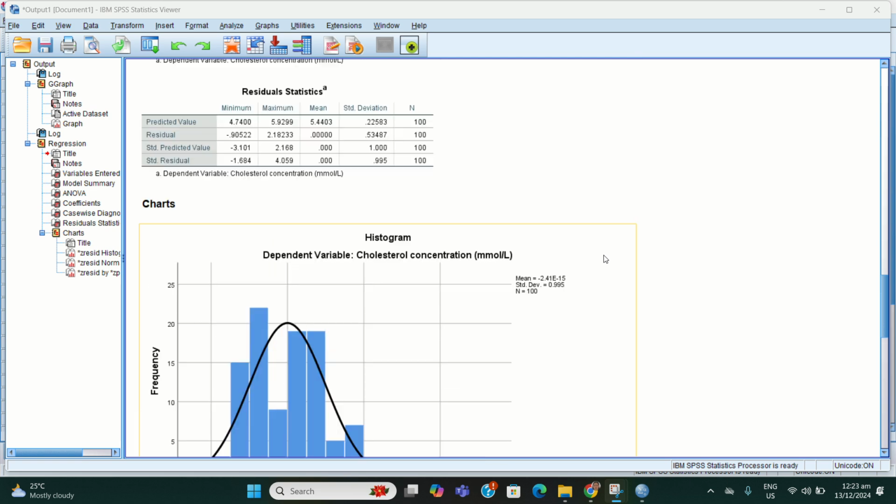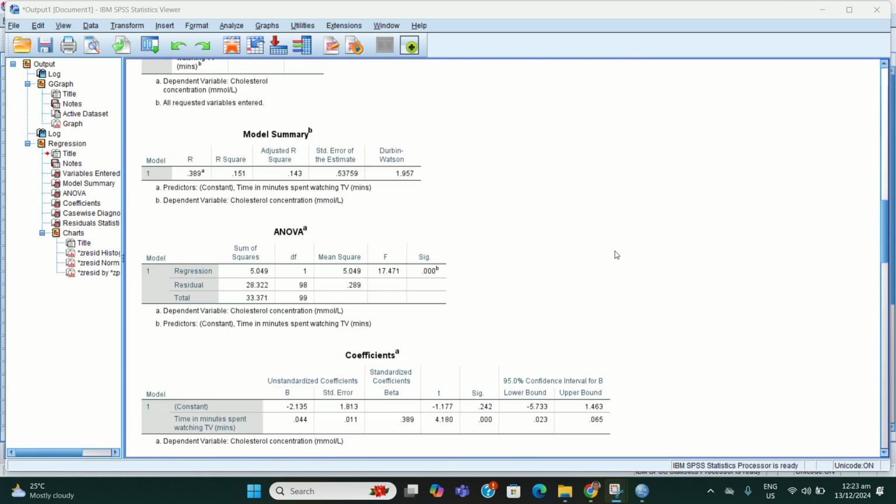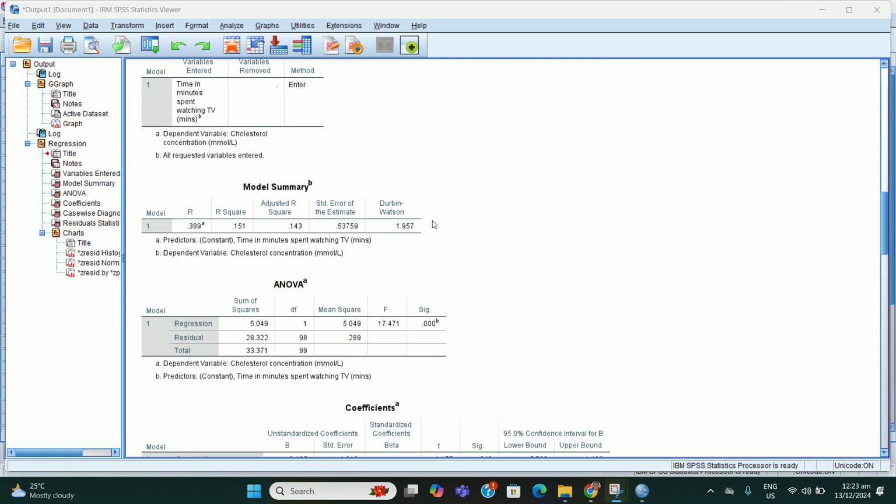Next, we will check the model summary here. R is the multiple correlation coefficient, and there is only one independent variable in a simple linear regression.